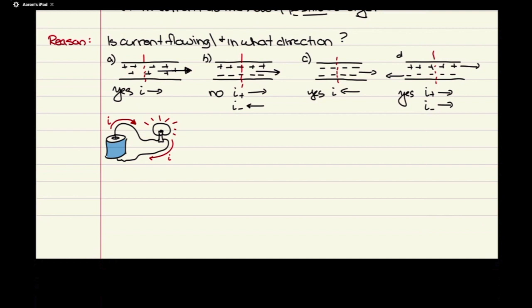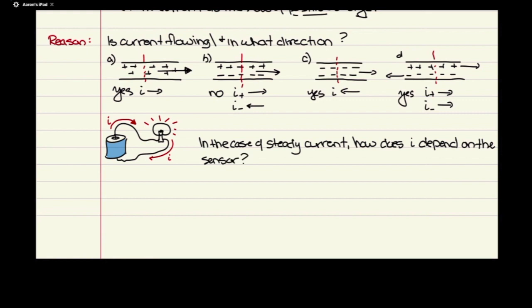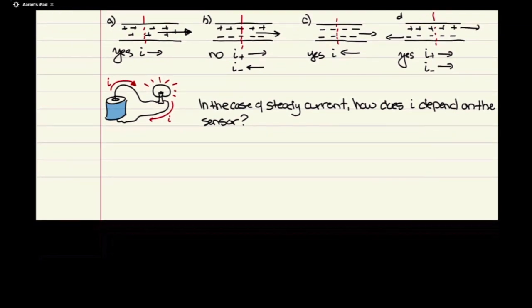So I could ask, in the case of steady current, which again I'm saying gets established very, very rapidly, how does the measured value of I depend on the sensor? So you might be able to think of it as, in this case here,